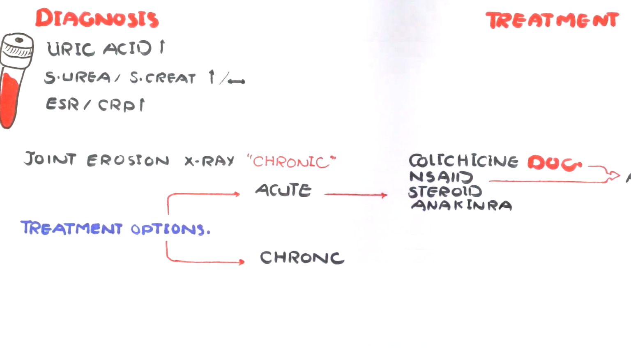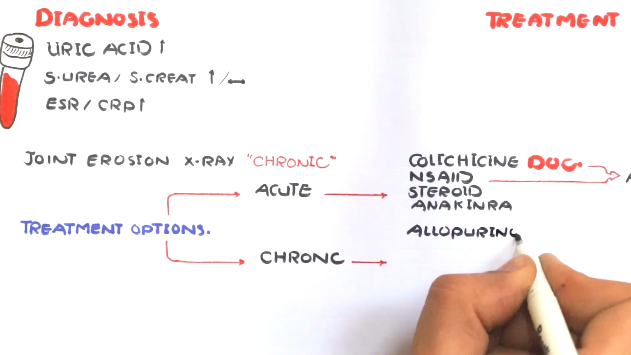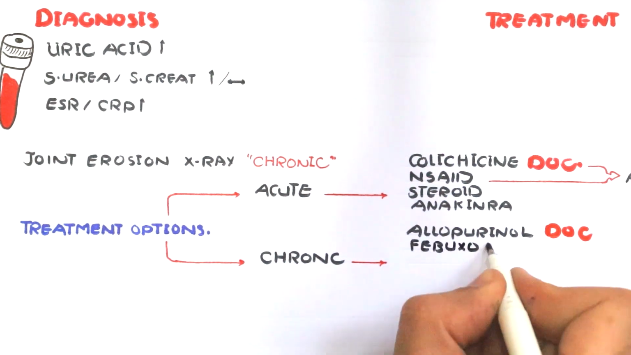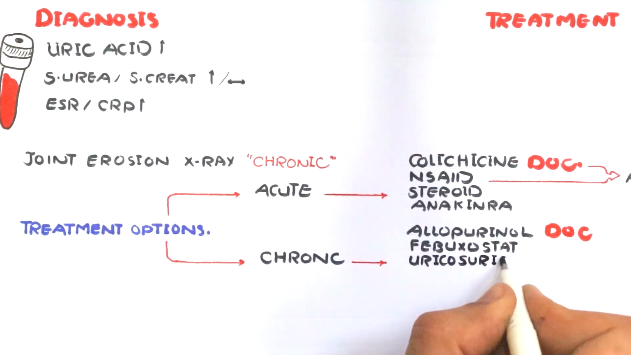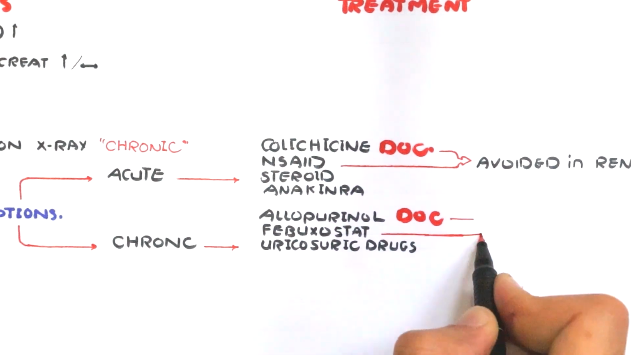Chronic cases are given allopurinol, which is the drug of choice. Febuxostat can also be given. Uricosuric drugs are also given. Febuxostat and allopurinol inhibit xanthine oxidase, which is the final enzyme